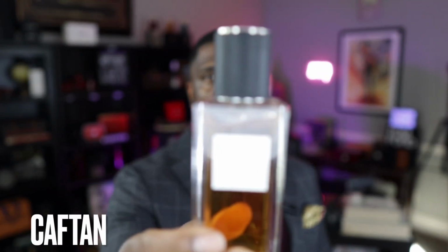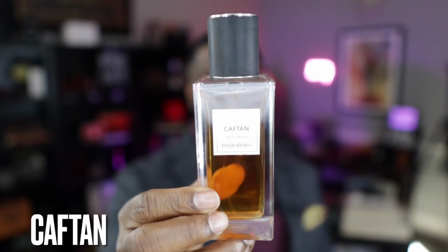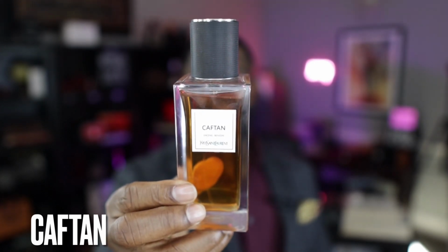But the 3rd spot goes to this one. This is called Caftan. I love this fragrance. I love this fragrance, man. Tangerine, benzoin, musk. It's got some spiciness to it as well, which is what kind of puts me in the mindset of Tuxedo, I think, and maybe that benzoin as well. So it's kind of ambery, definitely musky, but the tangerine in here, I think, really is what starts to put me in that mindset when I say it smells like one of my favorite foods of all time, which is sweet potato pie, because